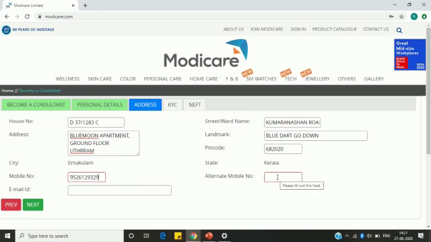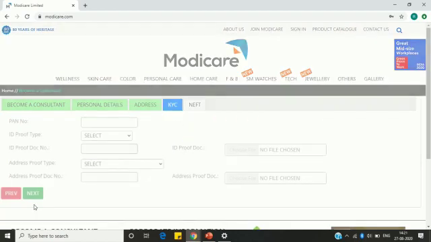Additional mobile number or alternate mobile number is very much mandatory. This is again for ease of delivery. You can give anybody's number. You can give your parents, your wife, your husband's, or your children's, any number you can give. Okay. And in the email ID, please provide your email ID so that in future any communication has to be done, company can send this communication to this email ID. So I'm entering my email ID here. Okay. And then click next.